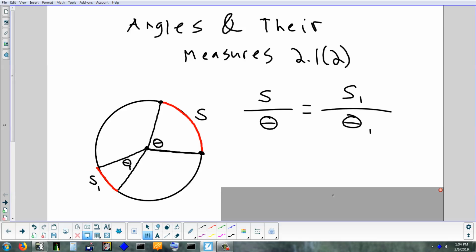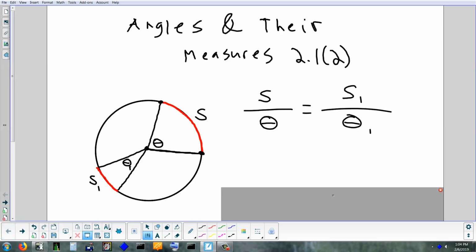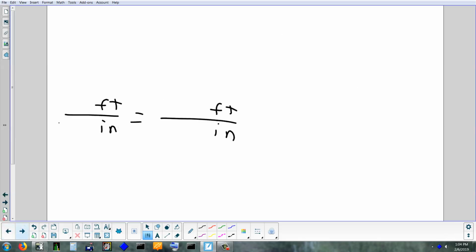Now the problem with that proportion, it's correct, but you can't really do anything with it. There's too many things in it you don't know. There's 4 things you don't know. You've got to plug in a couple things you do know. It's kind of like going back to yesterday. If you wanted to convert between feet and inches, well, if you gave somebody that formula right there and said, here you go, use this to convert between feet and inches, this isn't very useful. You've left 4 things blank. That's basically what we have there. There's 4 things that are missing. You've got to fill in 2 of them. Like if you gave somebody this,